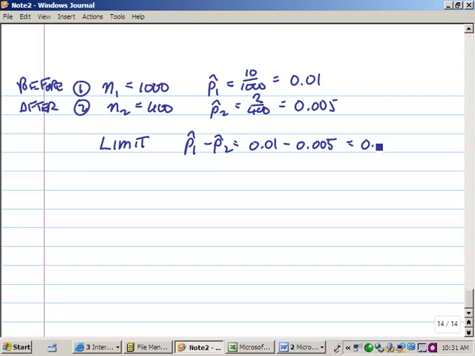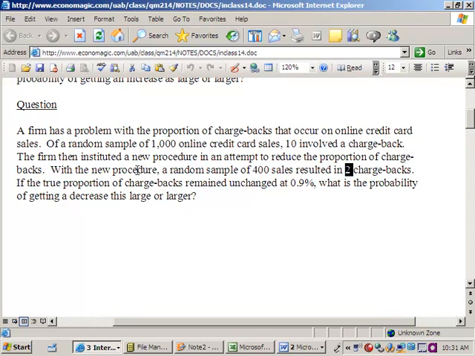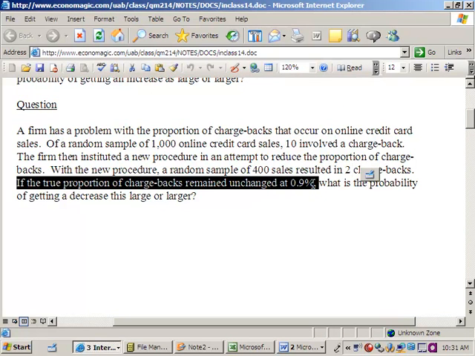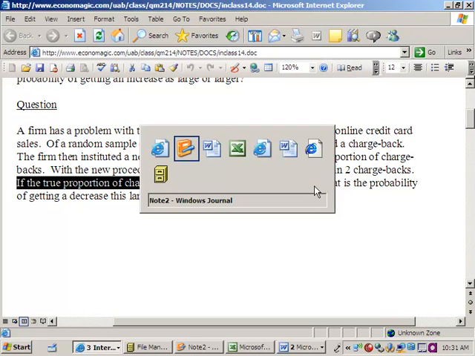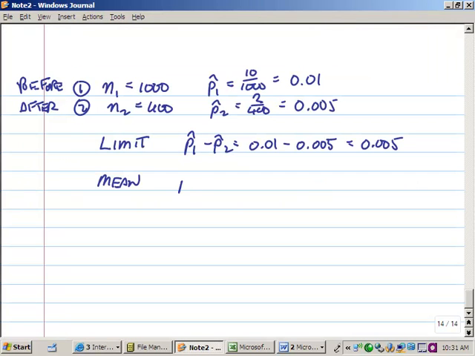And again that 0.005 was a proportion of getting a decrease this large or larger if the true proportion remained unchanged at 0.9%. Unchanged, of course, means this difference is 0, and standard deviation